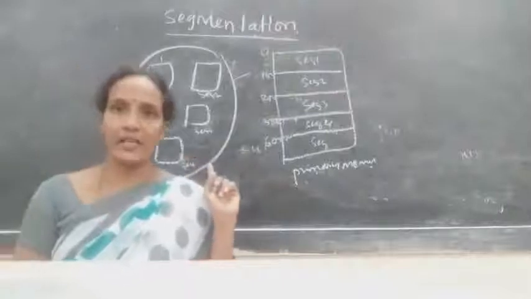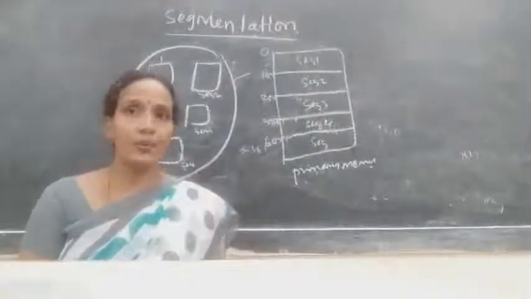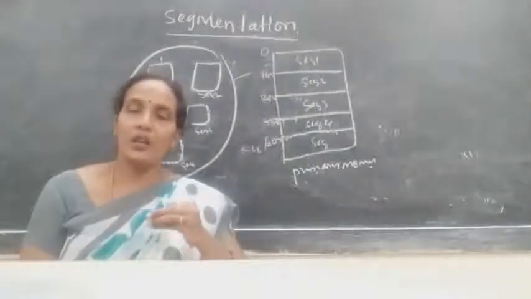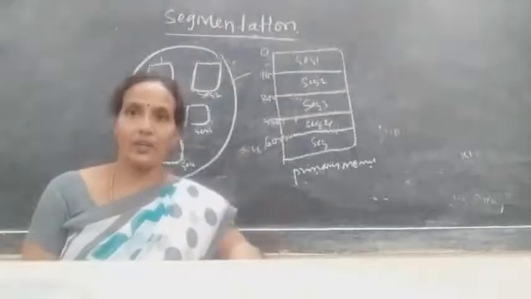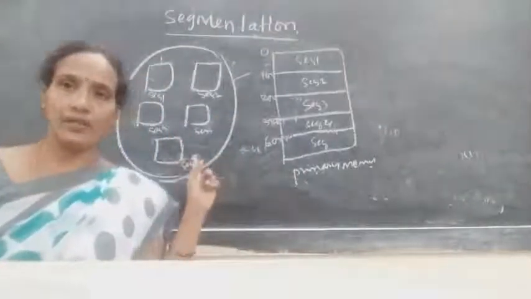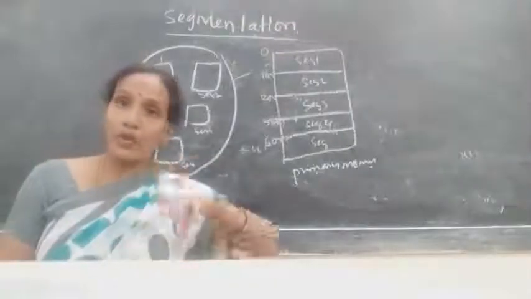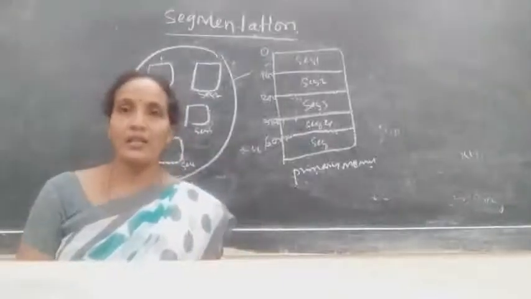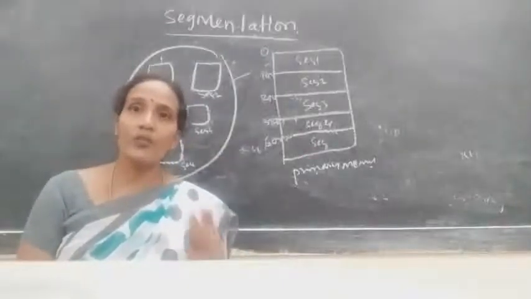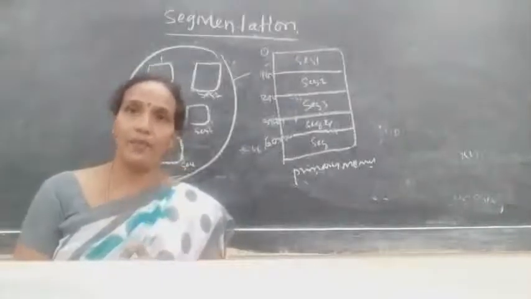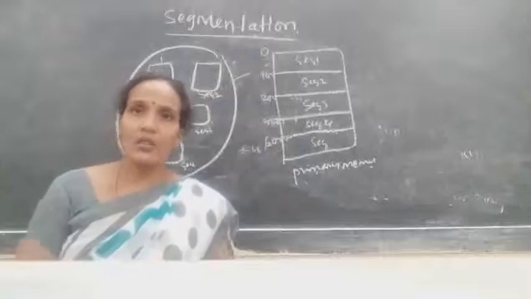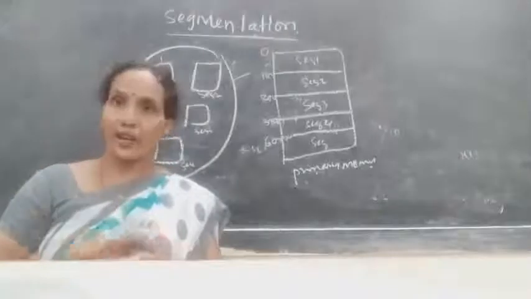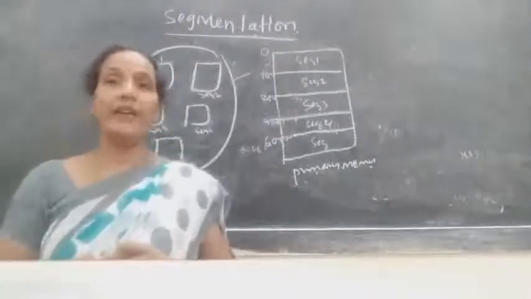Here we don't have a fixed size, because segmentation supports the user view only. User view means, for example, if the user has 5 functions in the program, for each and every function there is a segment. We are not giving a fixed size; based on the user's programming, we have segments. That is why segmentation is called the user view of memory allocation. User view. Understood? So here we are not dividing parts of fixed size, we are dividing parts of variable size.